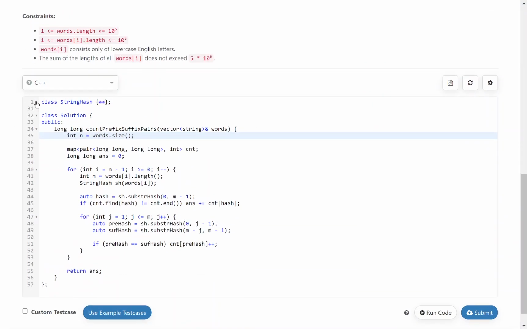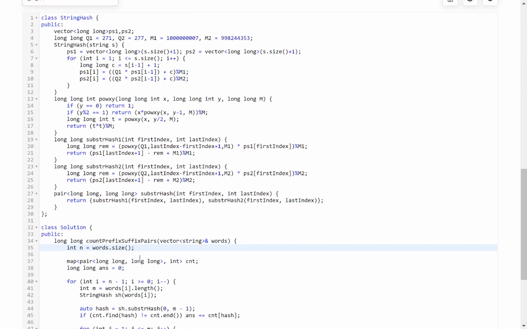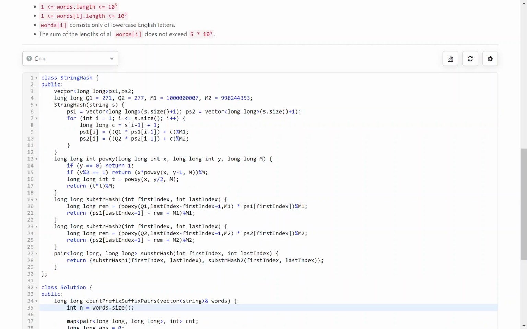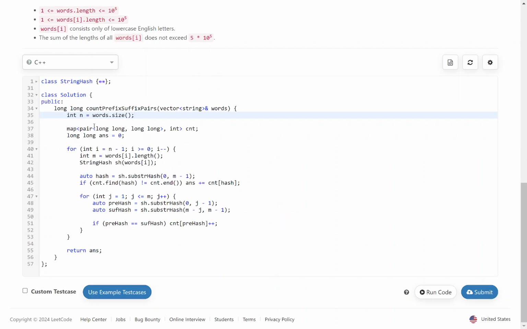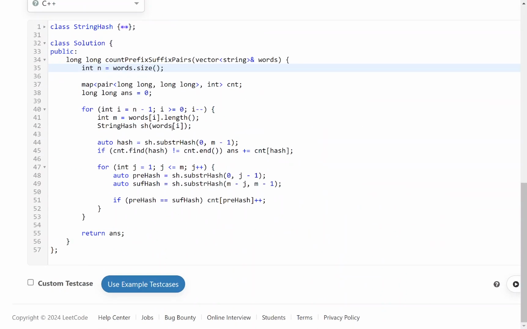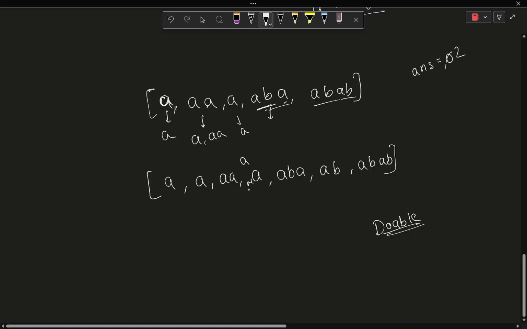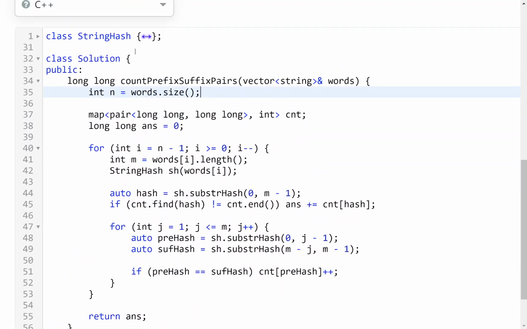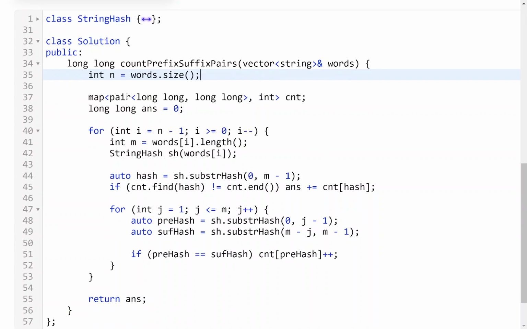Okay, so I'm using a string hash function which I copied from somewhere in the last contest. I just copied it once again from my previous solution. You would have already studied about string hashing. If you have not, then obviously you should not really attempt this problem right now. First of all, try out some standard problems on string hashing. After that, when you come here,